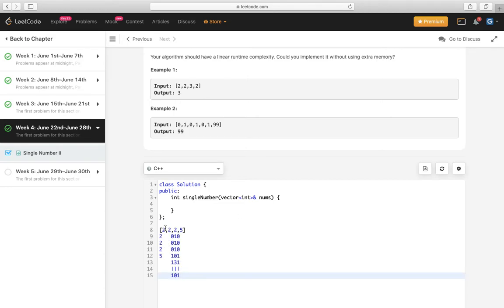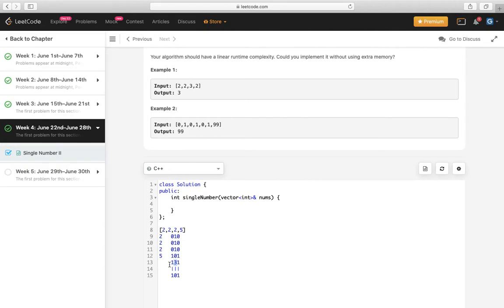So in this example, 2 2 2 5, 5 is the answer. 2 in bit representation is 0 1 0, and 5 is 1 0 1. So the set bit is the second bit. If we add this second bit, 1 plus 1 plus 1, that is 3. Because 2 appears 3 times, it is always a multiple of 3.